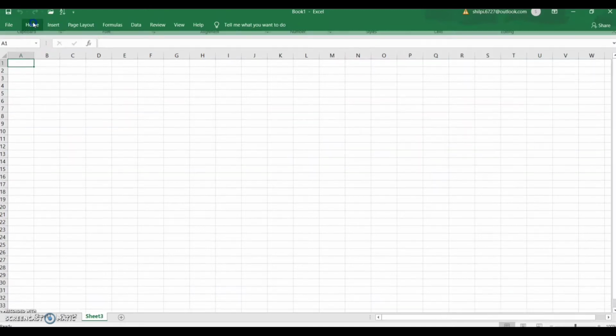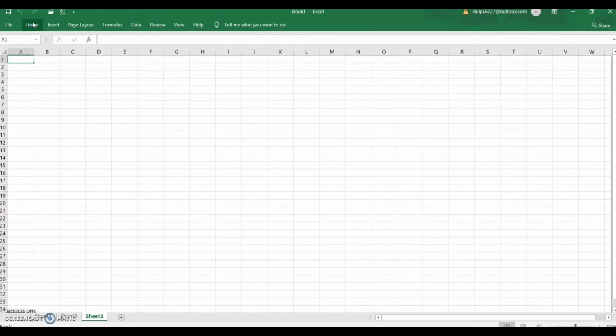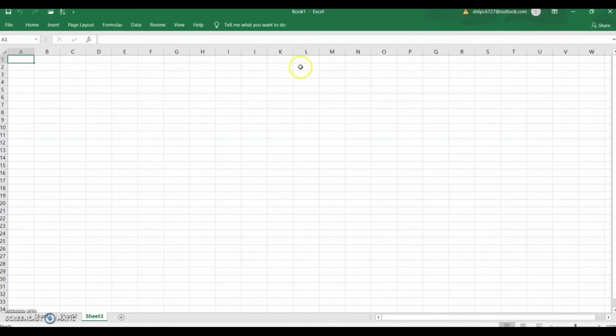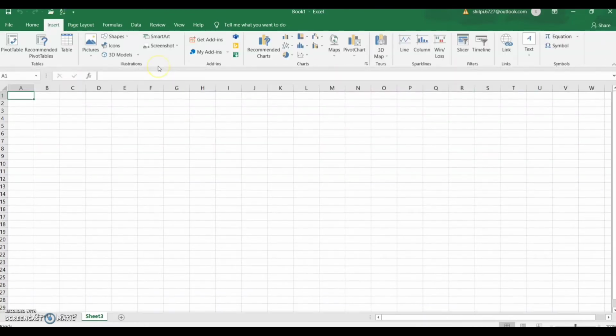Now if you double click on any tab, the ribbon gets hidden. And again if you double click it, the ribbon comes back. Another option is on the right hand side, there's an arrow. If you click on that arrow, the ribbon gets hidden. And if you double click on any tab, the ribbon comes back.